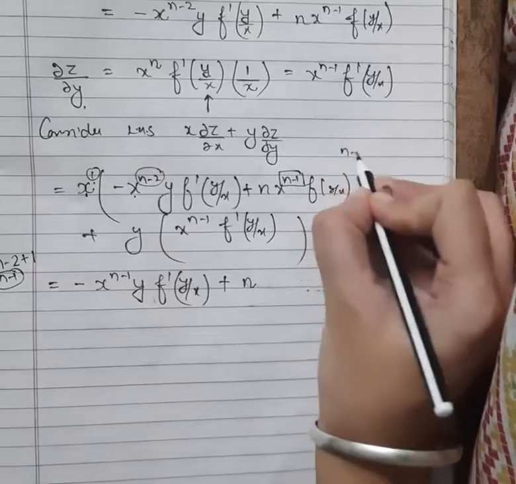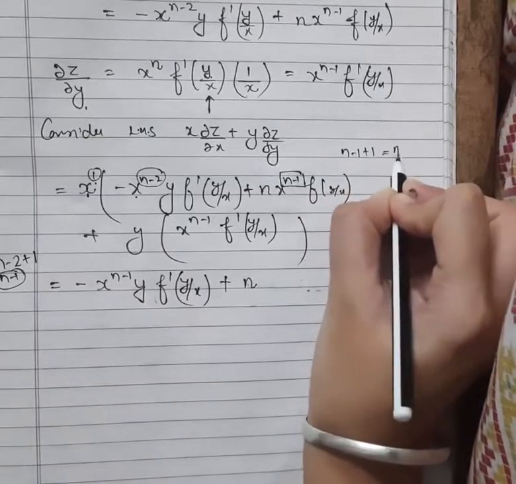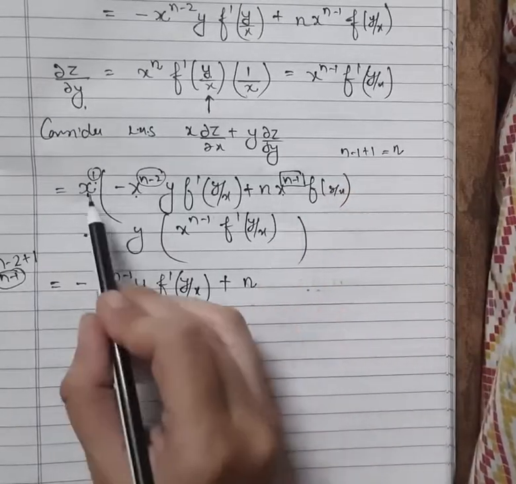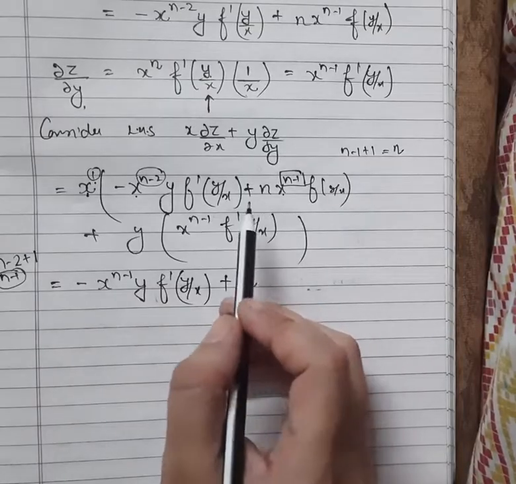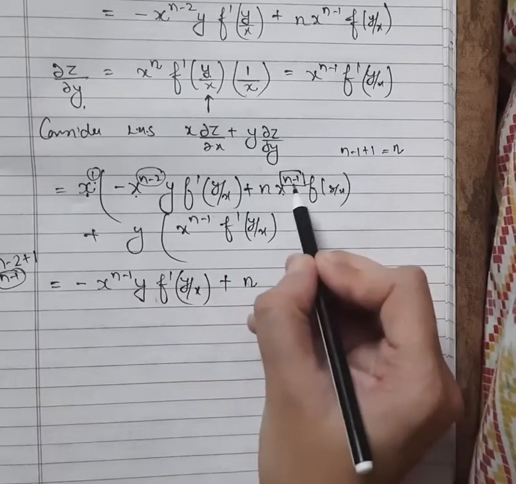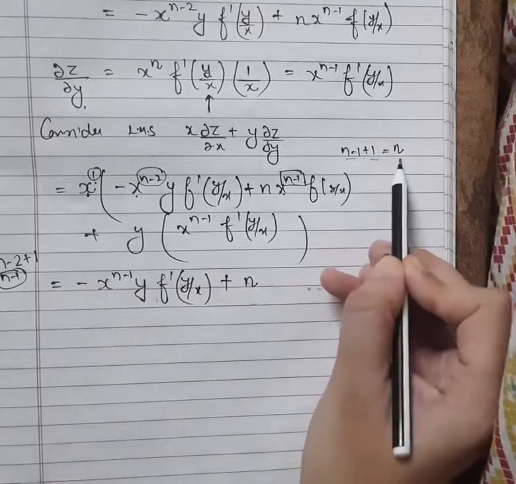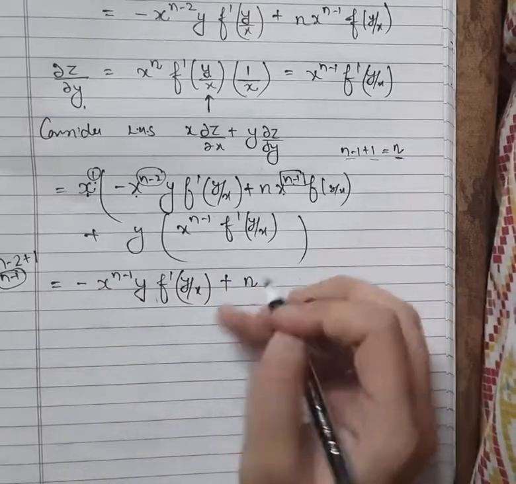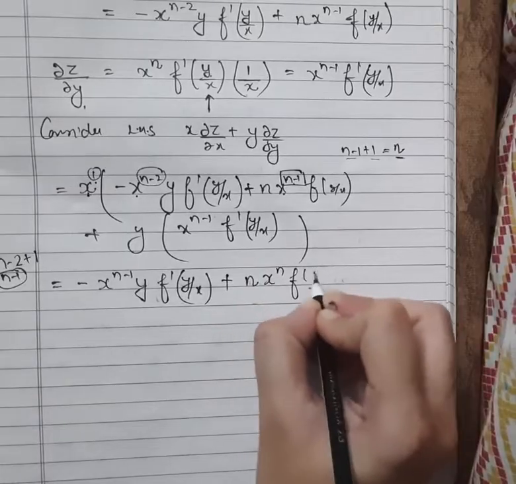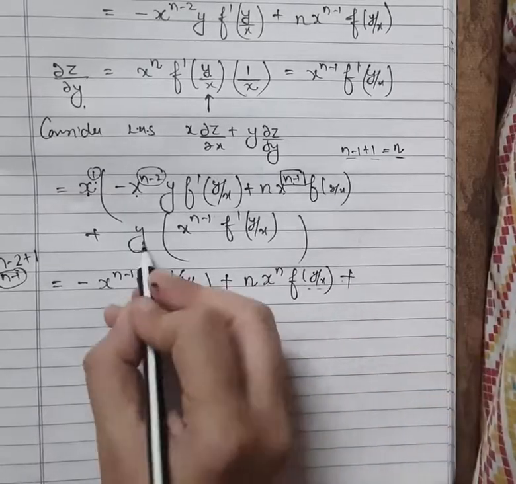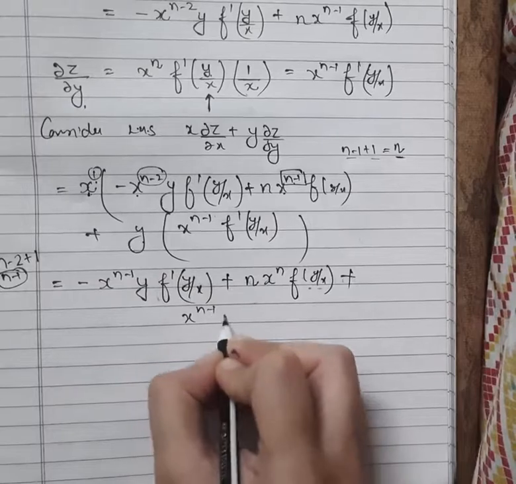When you multiply n minus 1 plus 1, that is n. Base same, powers get added. Know this rule? What is the power of x here? n minus 1. When you multiply x outside, n minus 1 plus 1 is how much? Simply n. So x raised to power n f of y upon x plus x raised to n minus 1